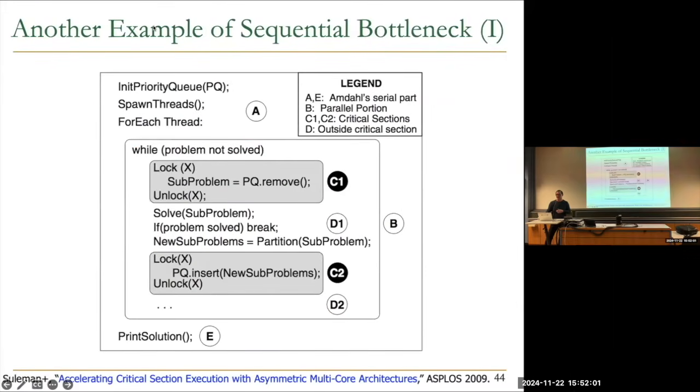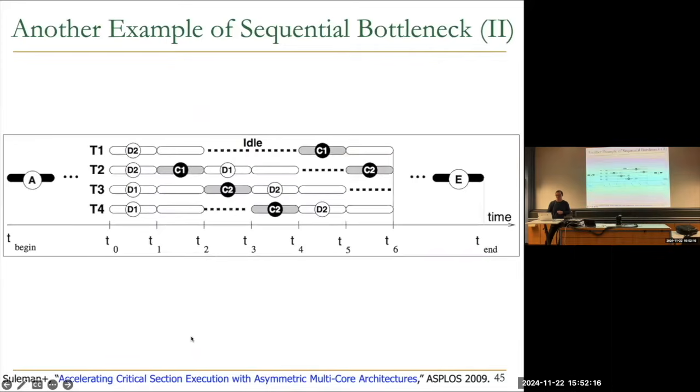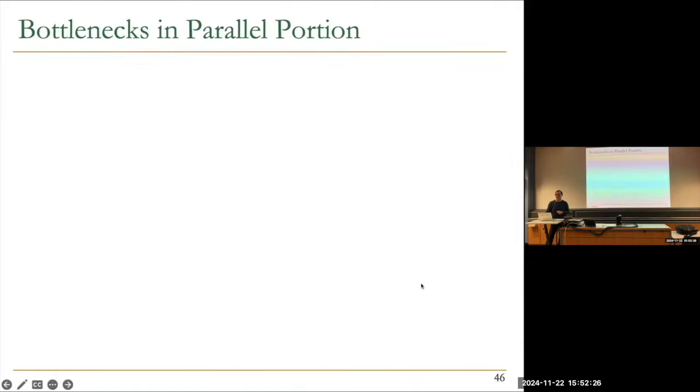So this is an example from a paper you're reading, so I will not go through this again in detail. But here, for example, there's a critical section. There's another critical section. There is a parallel part. And this part is serial. And this part is also serial. And this is what the execution time kind of looks like. Serial portions look like this, and then parallel parts look like this. And then critical sections are the limiters. This is, again, from the paper that we discussed yesterday.